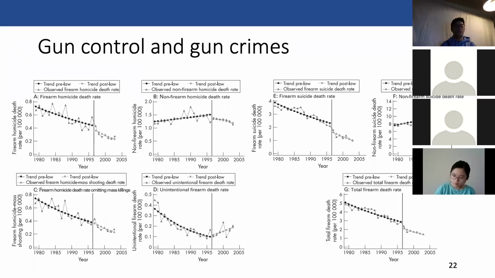So you could observe things happening before and after, and then make some conclusions about the effect of implementing it on a whole variety of different types of gun crimes, right? So homicide rates, suicide rates, unintentional death rates,